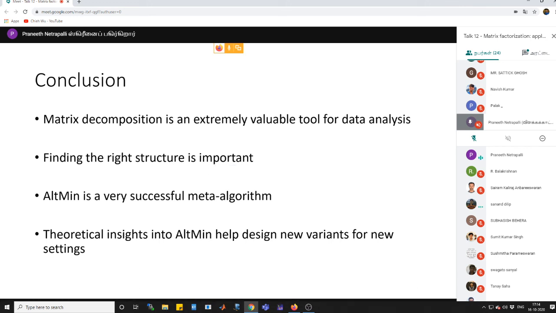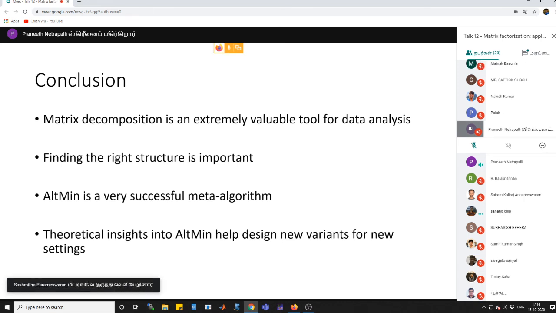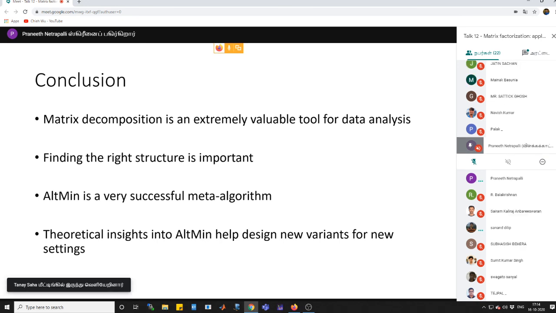So in all these matrix decomposition problems, at least for the first two problems, for the third problem I don't know of a convex relaxation approach, you're actually trying to recover a smaller number of parameters. Even though the matrix can be of size n times m, in the low rank setting you are trying to recover only r times n plus r times m parameters in total.